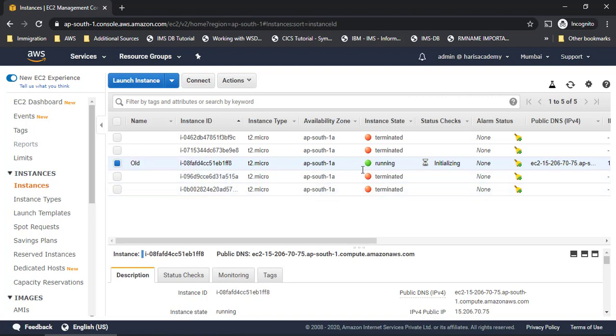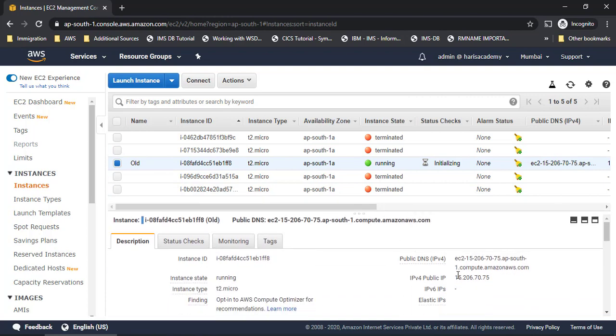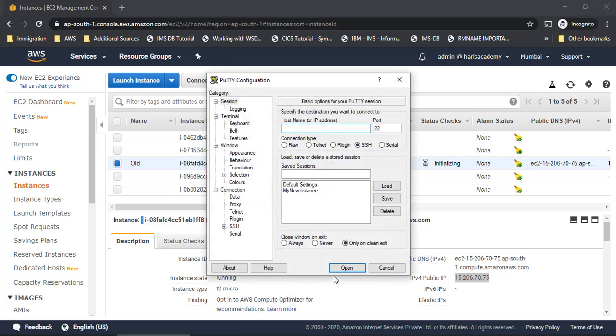Now I'll click on this one, and this is the machine which I have created just now. The regular process which we have done earlier, like setting up a web server and then echoing welcome to Ubuntu server, we'll do the same thing on it, and then we'll see if the same thing is reflected in the new EC2 instance which is going to be created on top of the AMI. So let us go to the login page. I'll go to PuTTY, give the username as ubuntu and then give the IP address.